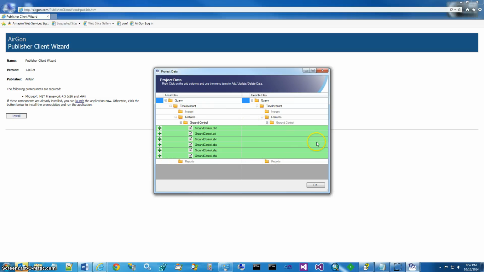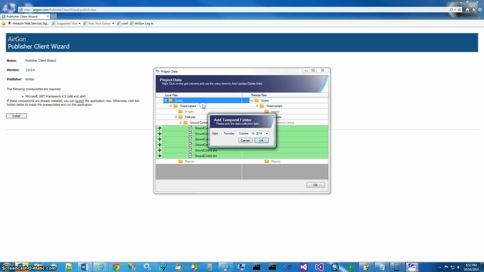So currently there are no files which have been uploaded to the remote server, but we have files on our local. Along with the time invariant features, we can also add some temporal data. So let's add some temporal data. Right click on the project and say add temporal folder. This brings up a